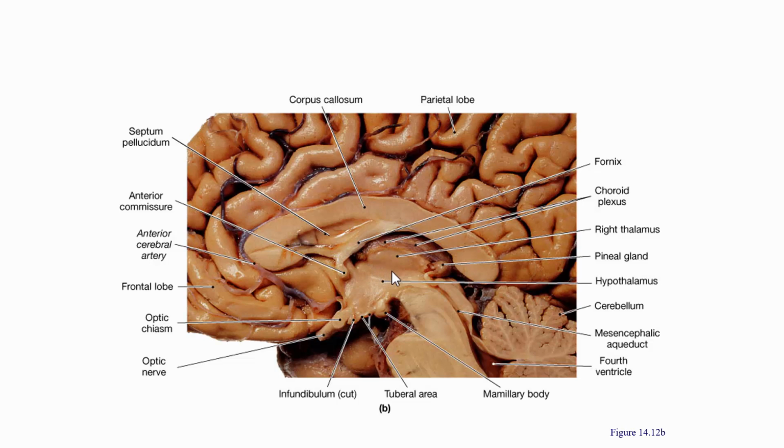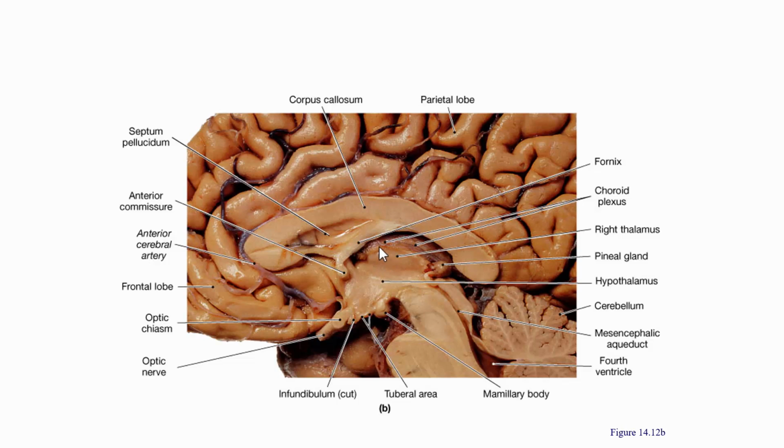Another thing that we have here is this stuff, which is called choroid plexus. Choroid plexus produces cerebral spinal fluid. And that cerebral spinal fluid gets put into a cavity or a ventricle. And so with the two halves of brain put together, you're going to see a hollow area